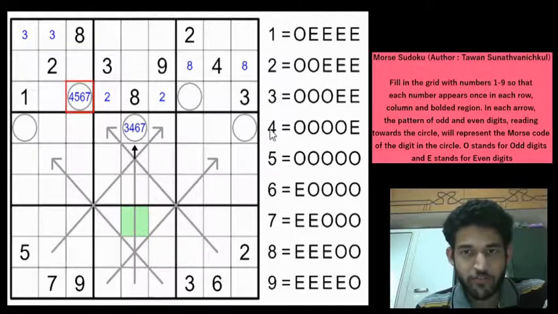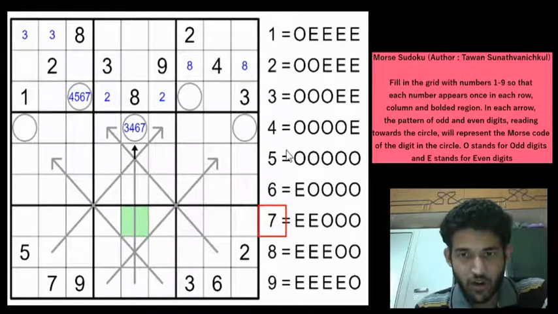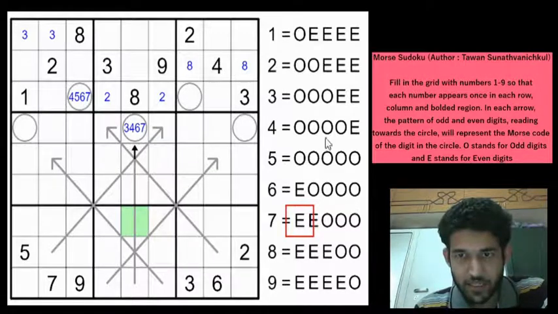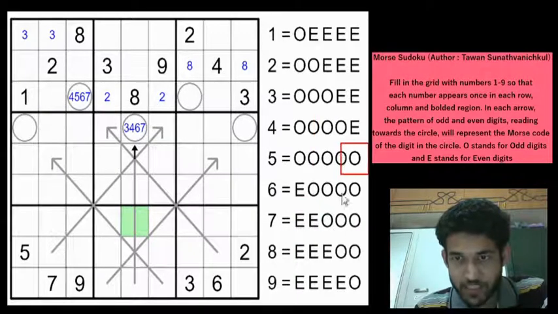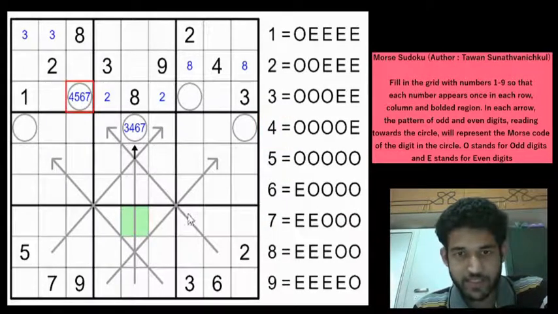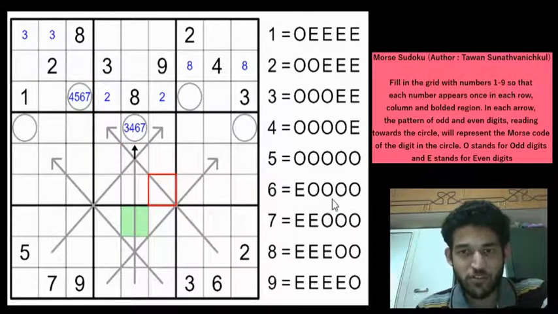So when you take 4, 5, 6 and 7, the common digits, if you see, the first digit is not common across all 4. Similarly, the second digit is also not common across all 4 because 7 is taking an even in the second digit. But the third digit and the fourth digit, if you see, are both odd in 4, 5, 6 and 7. So regardless of whether it's 4, 5, 6 or 7, the third and the fourth digit starting from the bottom would have to be odd. What a logic, guys. What a beautiful logic.